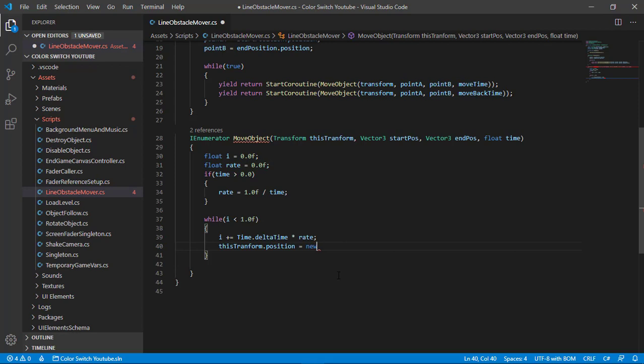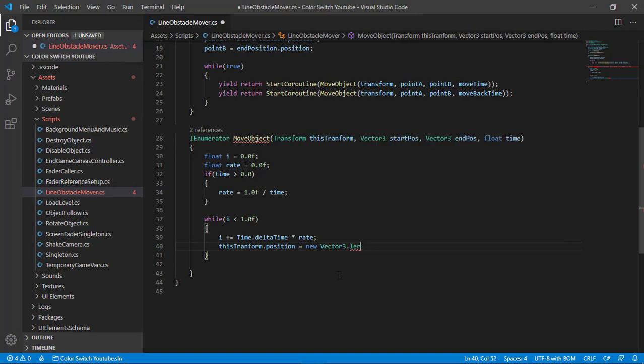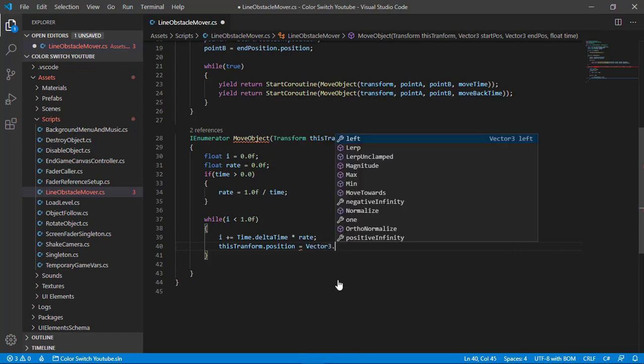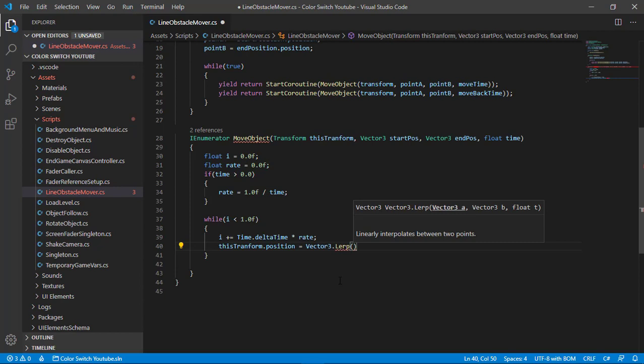Vector 3 dot lerp. No. What the hell was I thinking? This shouldn't be with the new. It should be dot lerp. We are not creating a new position, we are changing its position. So start position, from vector linearly. I have explained this lerp in the previous tutorials. So we are changing the position